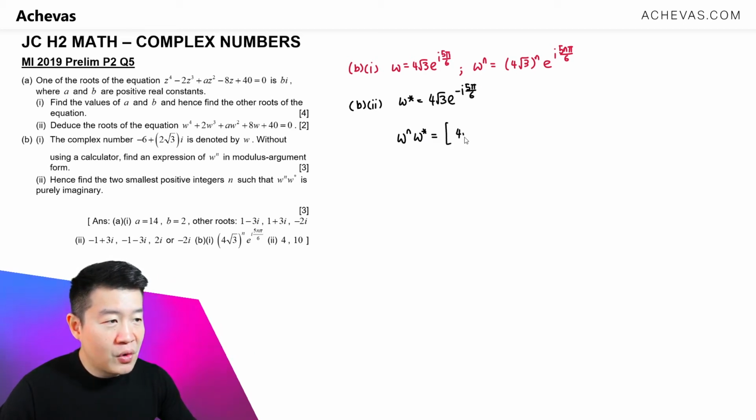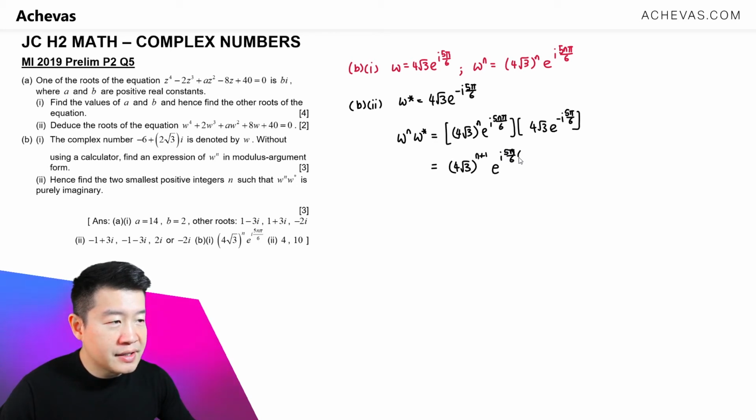So it will be 4 square root of 3 to the power of n, e to the power of i n pi over 6. It will be this multiplied by 4 square root of 3, e to the power of minus i, this. So if I were to multiply this and this together, we will get 4 square root of 3 to the power of n plus 1. And this being multiplied together, we will have e to the power of i 5 pi